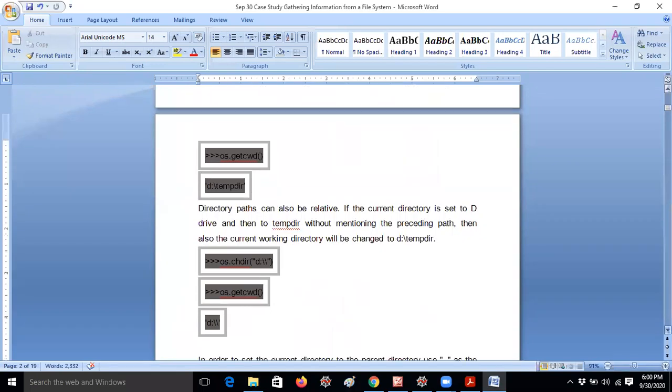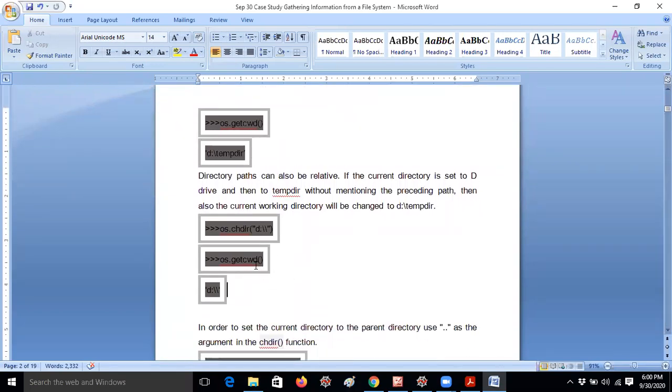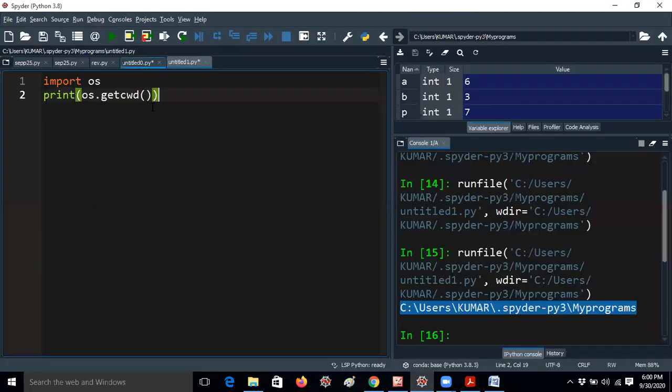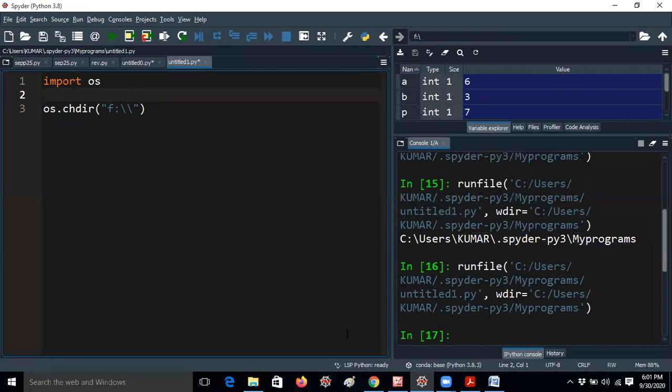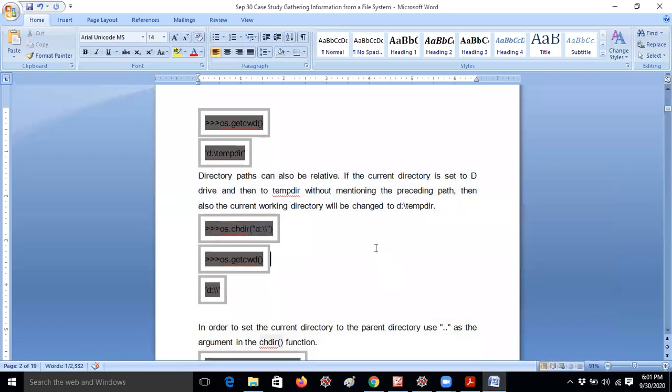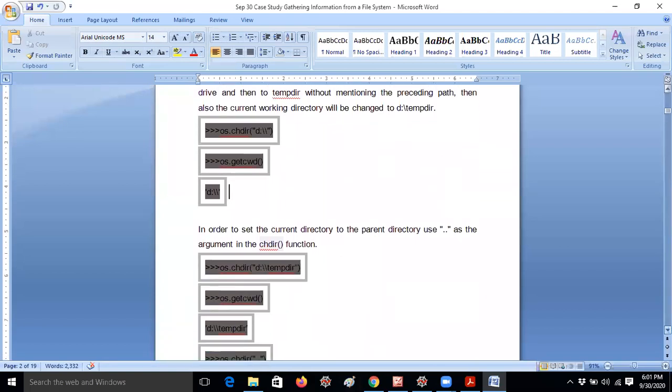If you want to change the directory to any folder, you can give os.chdir like this. For example, I give os.chdir of f, because I would like to change to f. I am removing this line and running the program, but it will not show anything. It means the code is now redirected, so whatever files we save will be stored in the F folder. We can also change directories if we want, but this is not mandatory. So we are moving to the F directory. Next, coming to different examples.